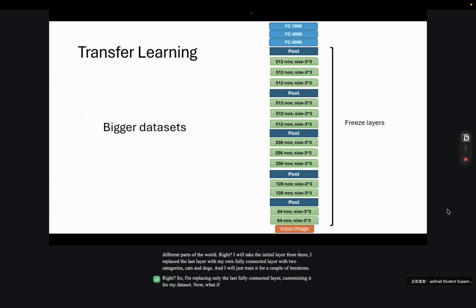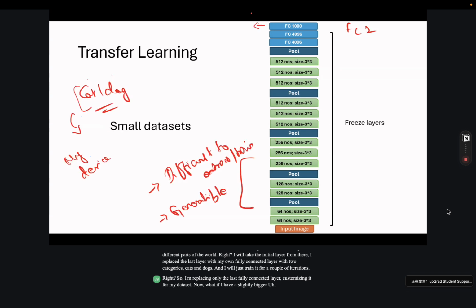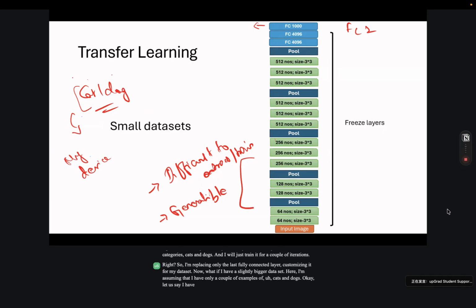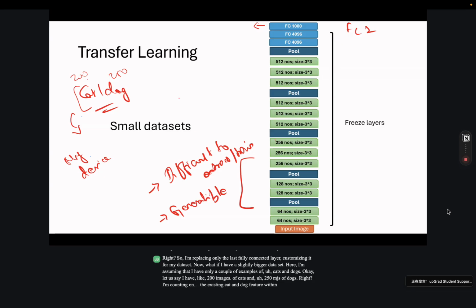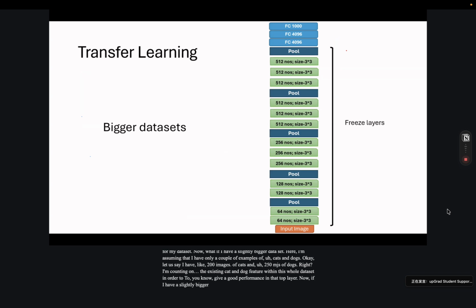Now, what if I have a slightly bigger data set? Here I'm assuming that I have only a couple of examples of cats and dogs. Let us say I have like 200 images of cats and 250 images of dogs. I'm counting on the existing cat and dog features within this whole data set in order to give a good performance in the top layer. Now, if I have a slightly bigger data set, like 2,000 cat images, 2,000 dog images,